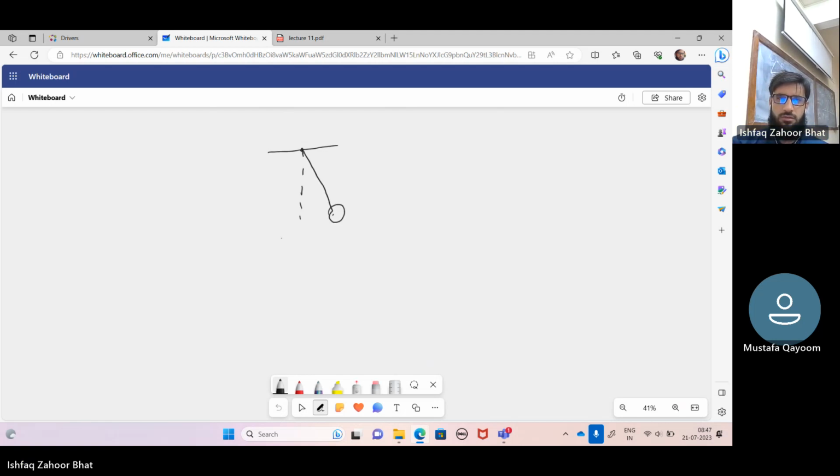So this is X and this is Y. This is a hanging pendulum, and let's assume it is making some theta angle, and so we can define the